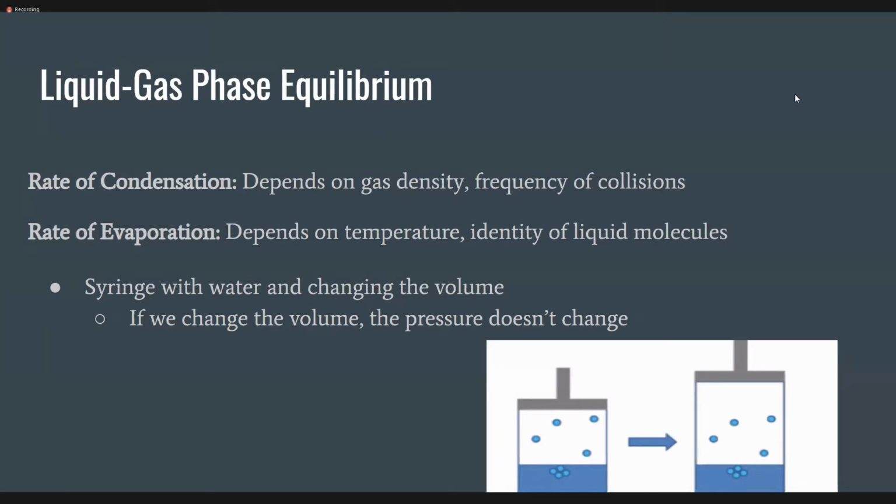And when I increase the number of molecules in the gas phase, I'm increasing the density of the gas, which means, again, there's going to be more gas molecules at any given time near the surface of the liquid than there was before. I'm going to have a higher frequency of collisions. So as I increase the number of molecules in the gas phase, I expect the rate of condensation to go up again. And it's going to keep increasing once again until the rates are equal. And that's when we have as many liquid molecules evaporating at any given time as I have gas molecules condensing, and then I've reached my equilibrium point, and the vapor pressure is going to be the same as it was before,